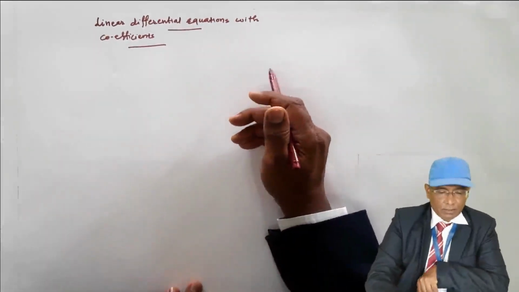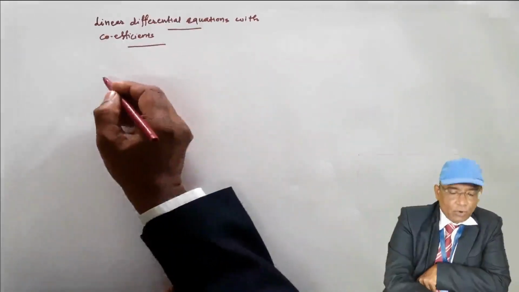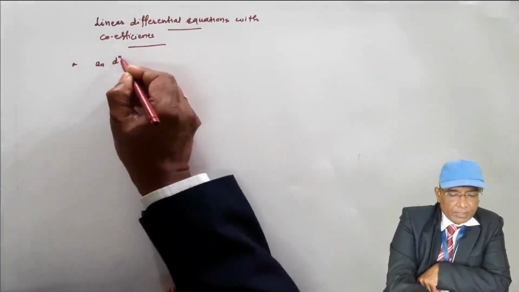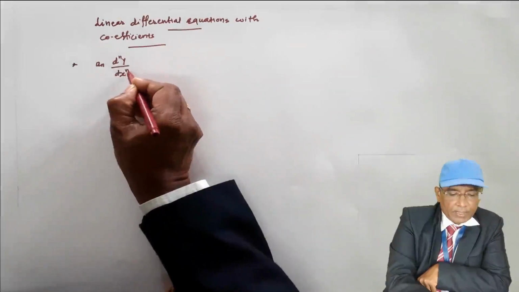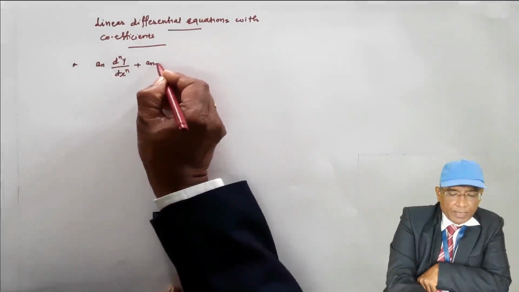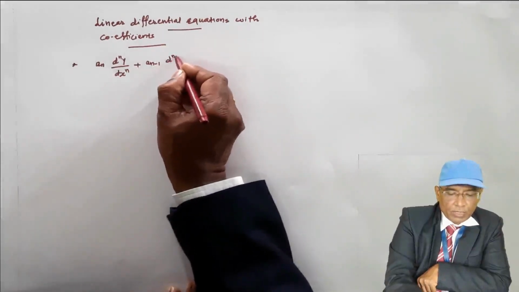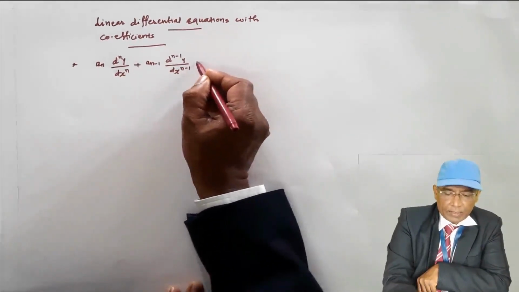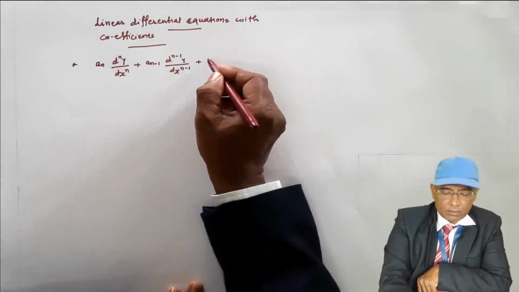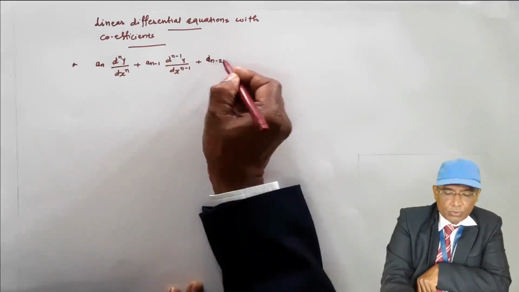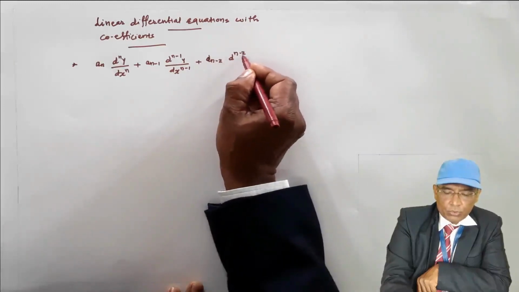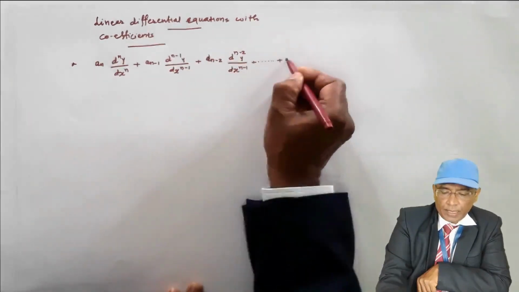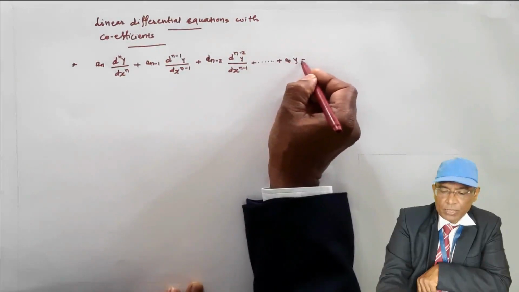is the particular integral. The linear differential equation with constant coefficients in general, I am going to write this: an dn y by dxn, dn y by dxn is the nth derivative, plus an minus 1 dn minus 1 y by dxn minus 1, where an and an minus 1, all a's are constants, plus an minus 2 dn minus 2 y by dxn minus 2 plus and so on, plus a0 y equal to a function of x.